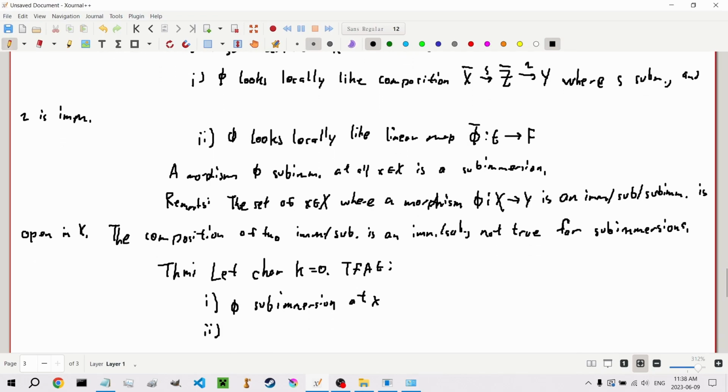Secondly, the rank of the tangent space at x prime of phi is constant for x prime in U,